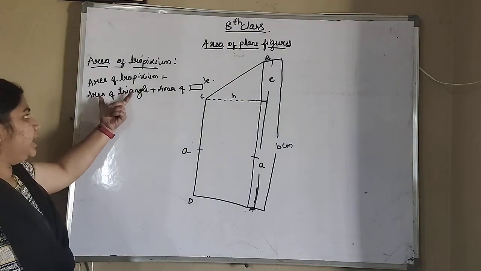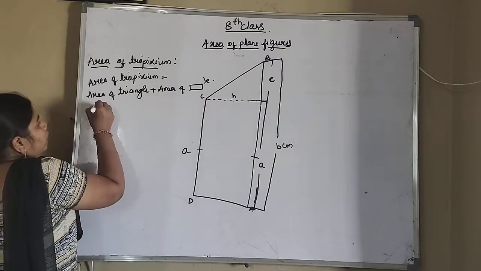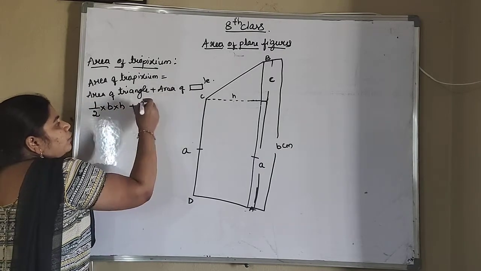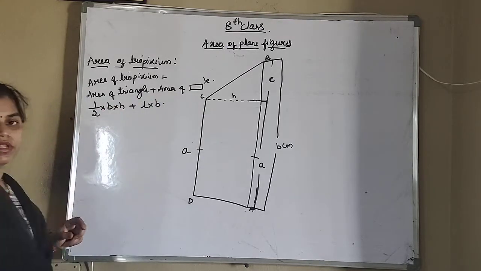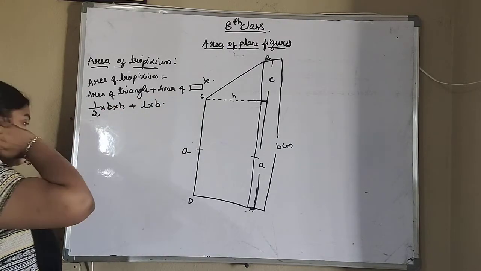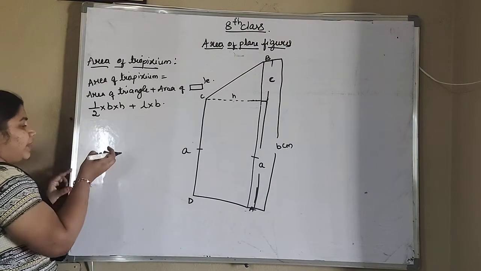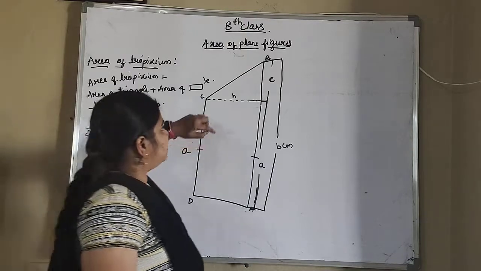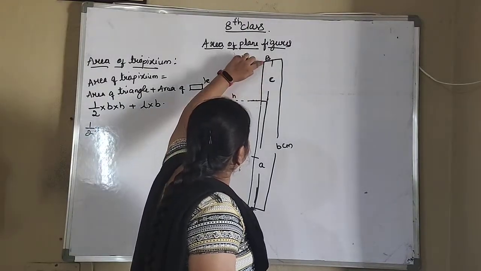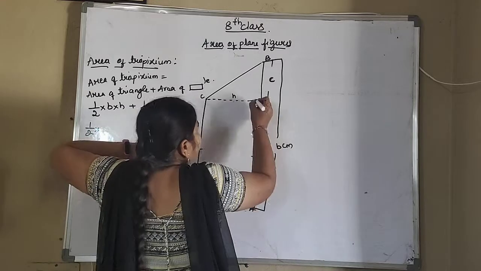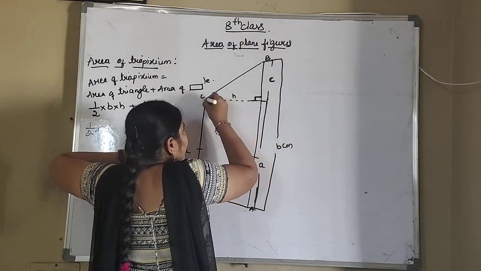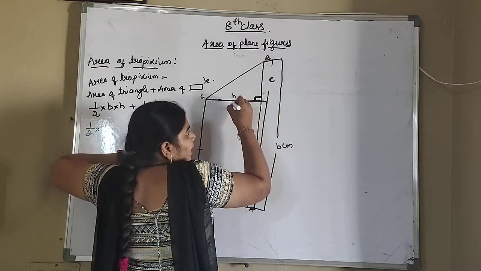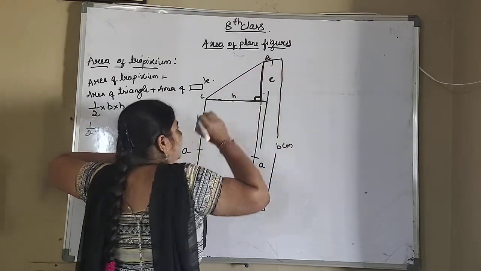So first I am finding the area of a triangle. What is the formula for the area of a triangle? That is half into base into height, and the area of a rectangle is length into breadth, that is L into B. In this, half is a constant value. What is the base here? This C is the base, from here to here it is C. Here it is forming a perpendicular line for this triangle, so this is the base and this is the height.